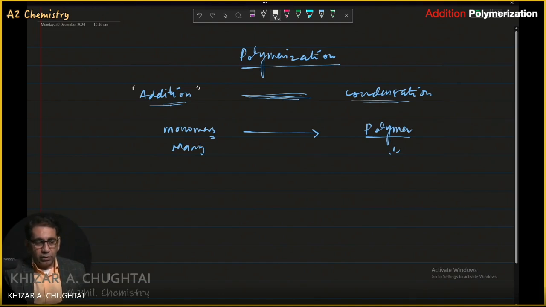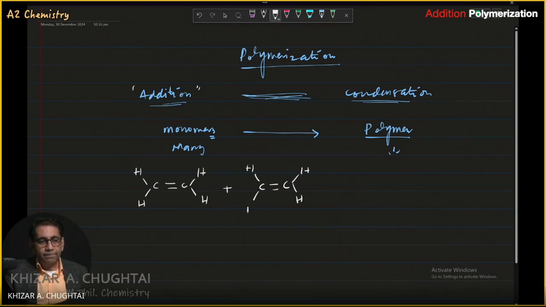So addition polymerization, for example, I'm going to take the smallest alkene in this universe, that is ethene. One ethene, and, just for the sake of example, a second ethene, and here are some different conditions. Number one, a catalyst is used, that is Ziegler-Natta catalyst. I think you are not bound to memorize this name. However, pressure around 200 atm,